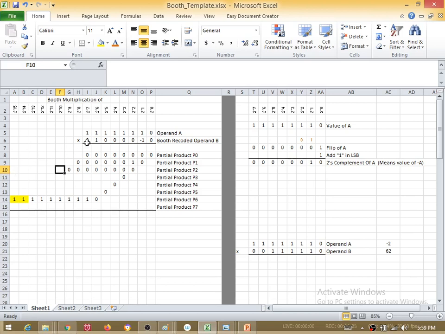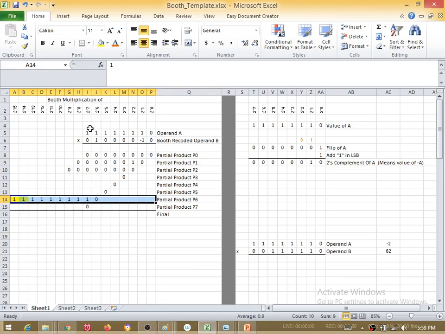Okay. Now let's look at the last item here. Operand A multiplied with a 0 is going to give me a 0. Now how do you get your final answer here? The final answer is simply the summation of all these 8 partial products. Now in this scenario, how many valid partial products do you really see? For example, I see that only this partial product is non-zero and this partial product is non-zero. All the remaining ones are 0.